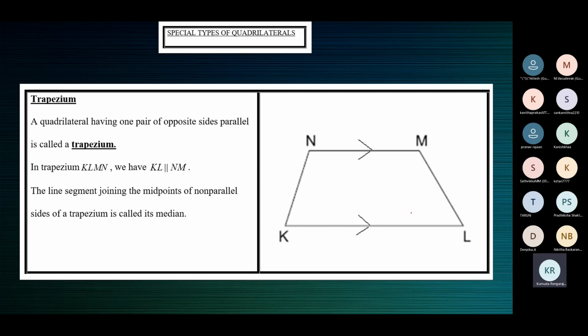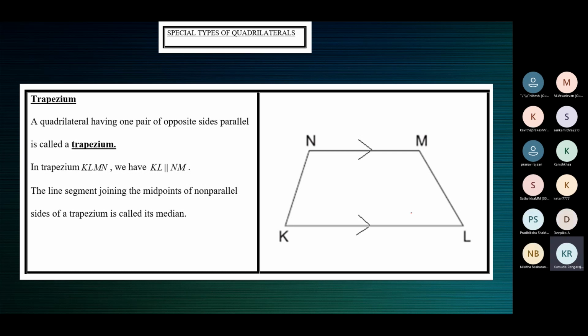Like when you have to prove that two triangles are congruent, you don't have to check for all the three pairs of corresponding angles being equal and all the three pairs of corresponding sides being equal. So we have the congruence criteria that makes our job easier. You can just check for any three equalities. In the same way, the definitions help us to identify quadrilaterals as some special quadrilaterals just by using the definition.